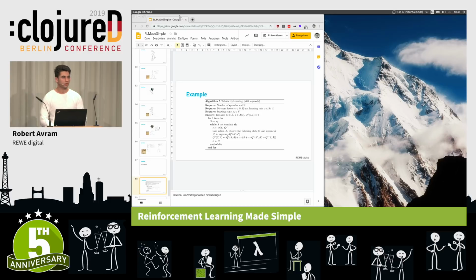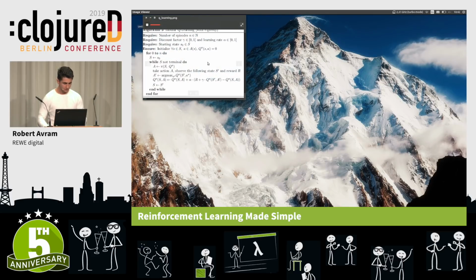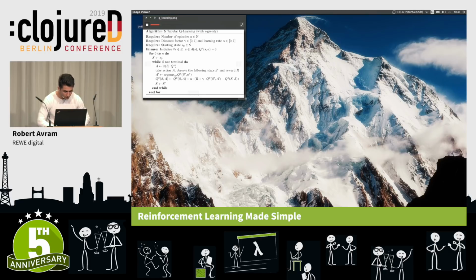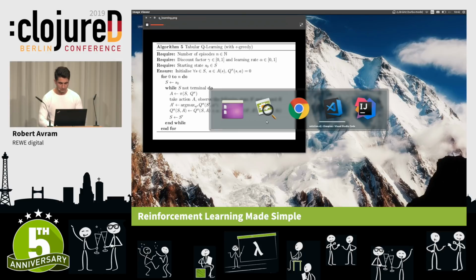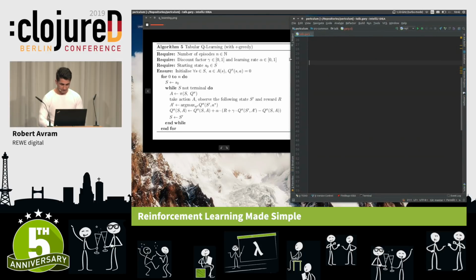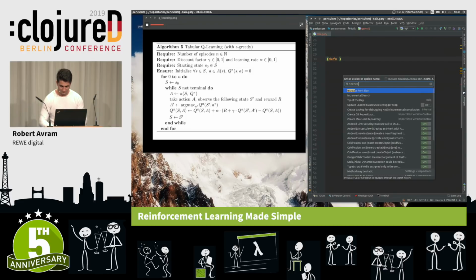Now, I have a question. How much time do I still have? 20 minutes. OK, that's more than enough. So let's get started. So let me just zoom in. Can you see this? Is it visible at all? Brilliant. OK, let's make it a bit bigger. Right, and I have IntelliJ here at my side. Can you see my code at all? How about now?